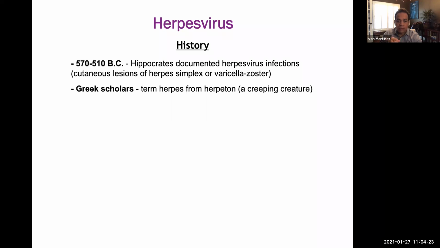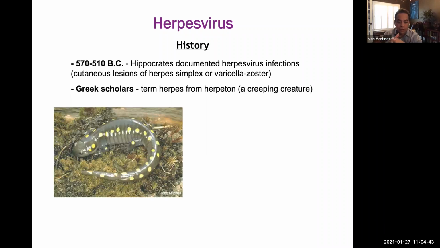Even the Greek scholars termed the name herpes from herpeton, or a creeping creature. So at that time, people thought that the lesions caused by herpes were little salamanders under your skin, crawling and creating